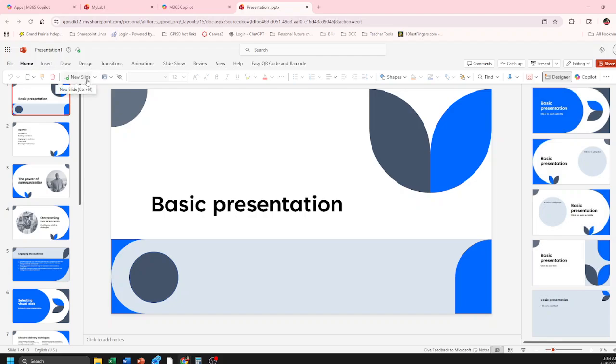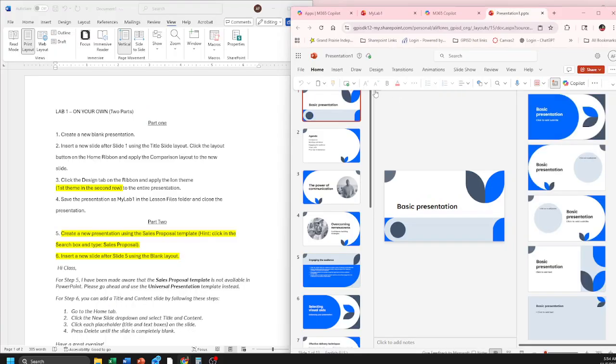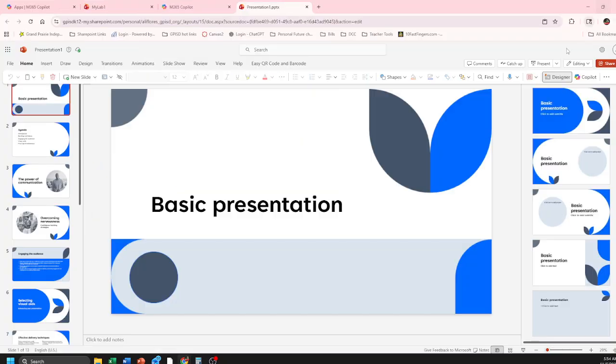Right here it gives you the option now. If we look at smaller, it was kind of hidden away, so I'm making this bigger so you can see it. So I go to Home tab, new slide, and the option that he wants you to use